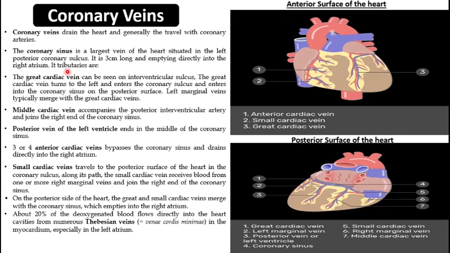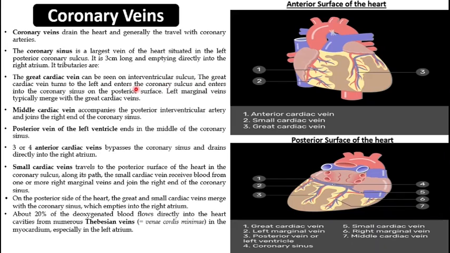tributaries, meaning the rivers which are draining into the sea. So the tributaries of the coronary sinus are the great cardiac vein, which is present in the interventricular sulcus, and you know that the interventricular sulcus is the groove which is present between the ventricles. So therefore the great cardiac vein is also known as the anterior interventricular vein, because the great cardiac vein is present on the anterior side,